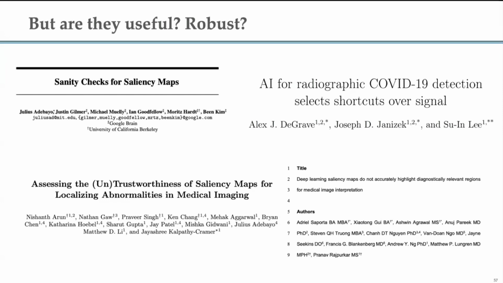So when we're thinking about how to validate these saliency maps, there are a number of things to consider. Here is some interesting work that came out a couple of years ago at NeurIPS about sanity checks for saliency maps. Here's more recent work, from this week or maybe last week, that showed they don't do all that great a job. Here's some work that said they select shortcuts of a signal, and here's some work that we put on medRxiv and arXiv with our proposal for how to think about these saliency maps.